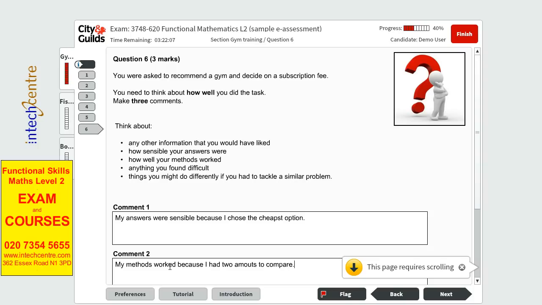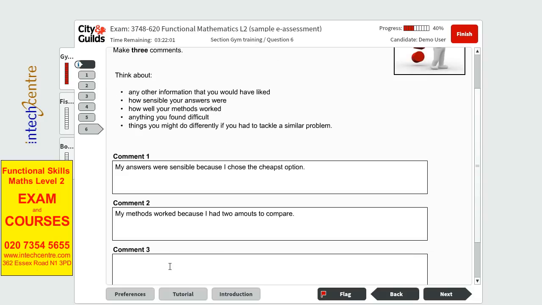I found it difficult to decide if 1 year should be months or weeks for Bullish Gym. So this is what we are going to put down as well. So I found it difficult to decide